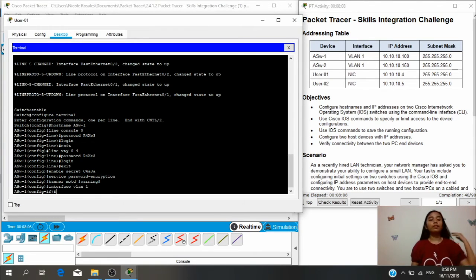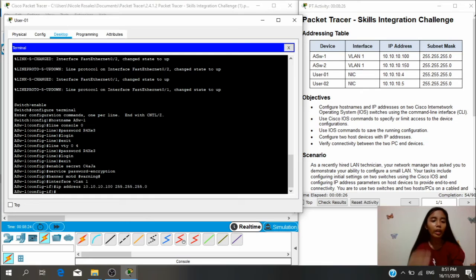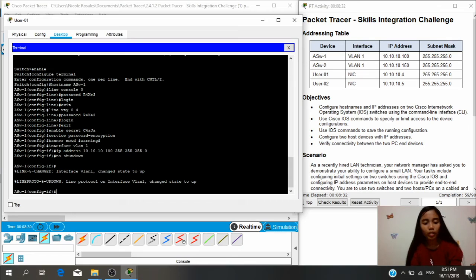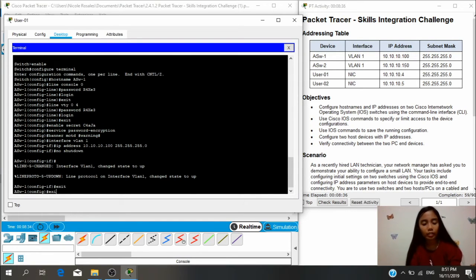We have IP address 10.10.10.100, and the subnet mask 255.255.255.0, and no shutdown. And we will exit and exit,